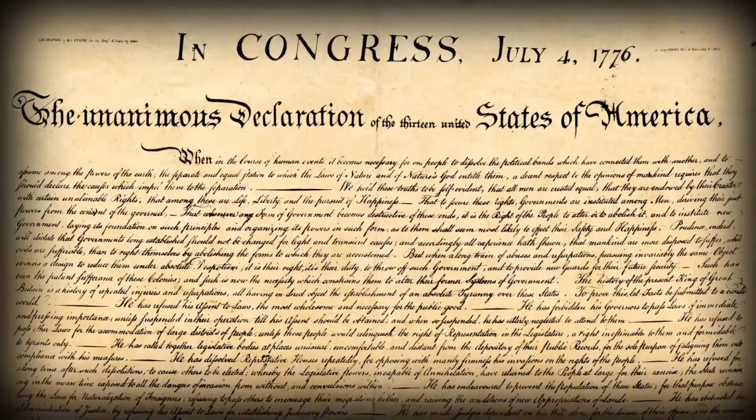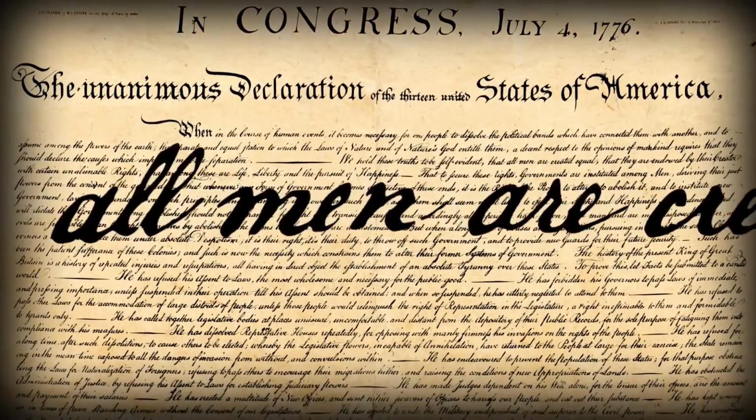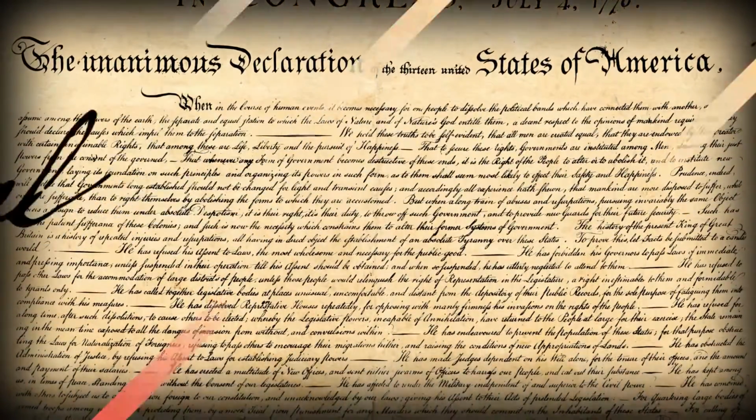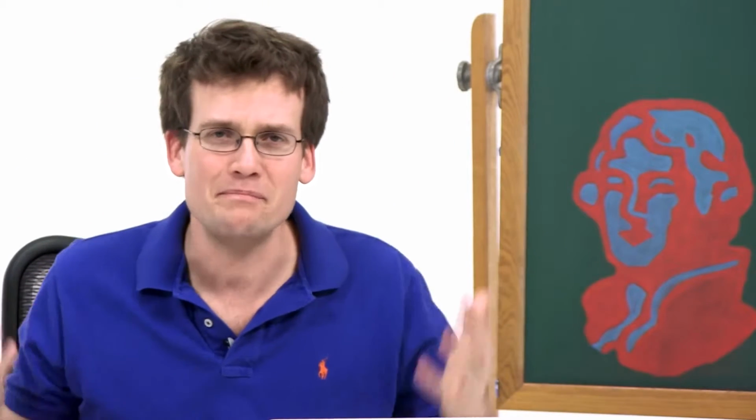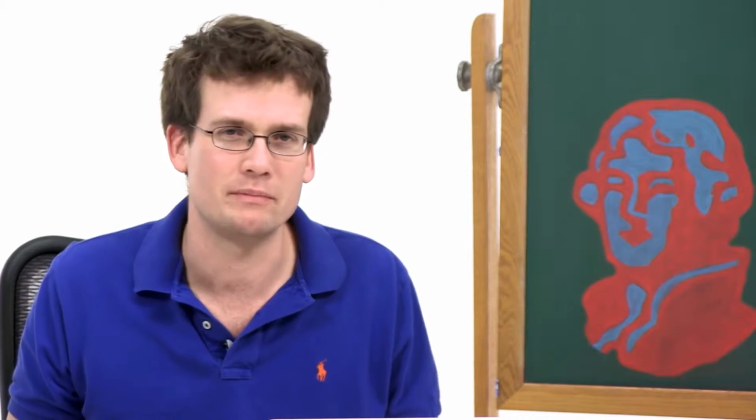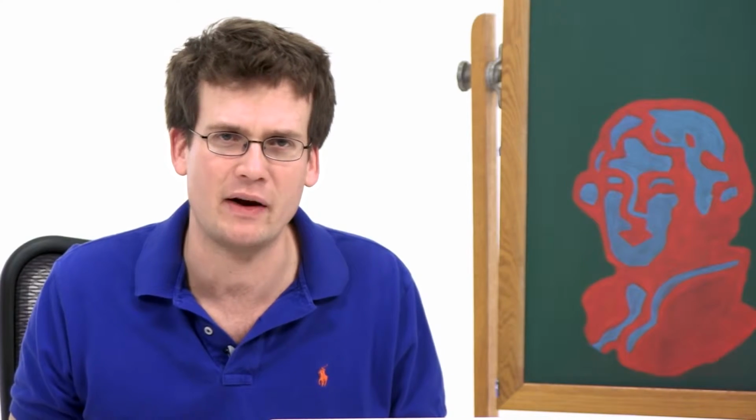And this leads to 2 big philosophical questions when it comes to history. First, if Jefferson clearly did not think that black people were the intellectual or moral equals of whites and was perfectly comfortable keeping them in bondage, then what does the most important phrase of the Declaration of Independence actually mean? And the second question is even broader. Does it matter if a person of tremendous historical importance had terrible aspects to their character? Does being a bad person diminish your accomplishments? I don't have a great answer for those questions, but I will tell you that no one remembers Richard Nixon for starting the EPA. But this is very important to understand.